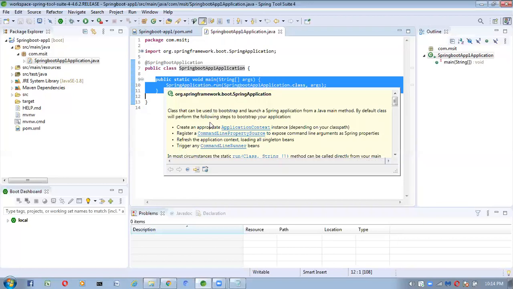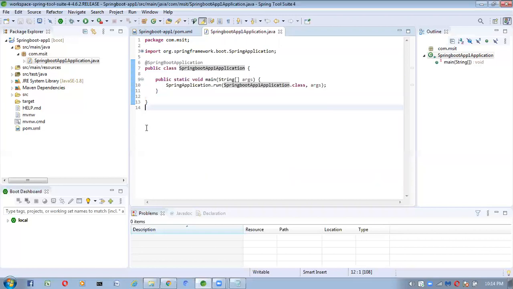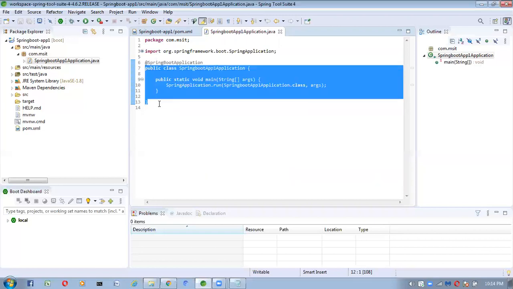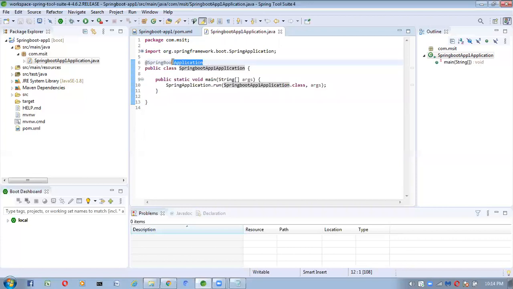Here we have one main class. This entire class is annotated with @SpringBootApplication. We will get one property file also. Here this application.java file is the main class or start class. Our Spring Boot application execution will start from this class only.